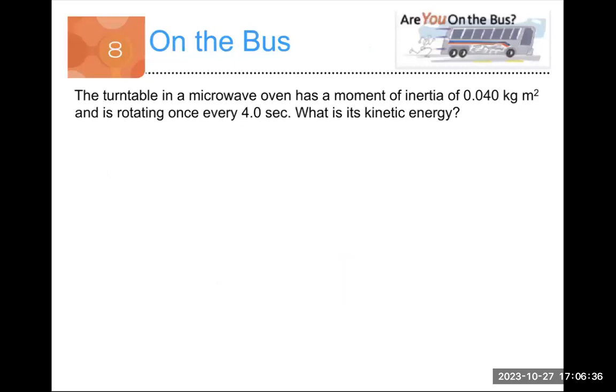So in this first problem, we're given the moment of inertia to be 0.040 kilograms meter squared. And we're told it's rotating once every 4 seconds. So basically, our omega is 1 revolution every 4 seconds. Okay, we want to put that into radians, which is 2 pi radians is 1 revolution, and that's going to give us 1.57